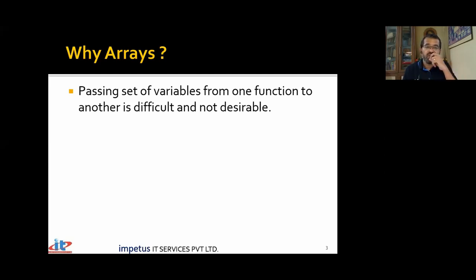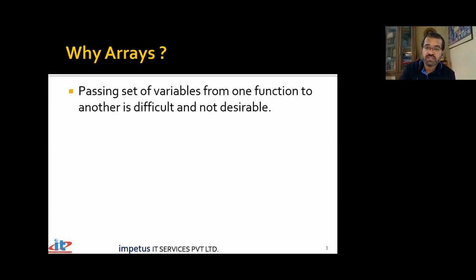And then I say write one function which takes 100 arguments, another function add which takes 50 arguments, and one more function add which takes 25 variables as arguments. You have to write three different functions for different numbers of variables. And that's not possible in C language. You cannot have multiple functions with the same name in C. That's not C++, where overloading is possible. So you'll have to write one function to add 25 integers, another to add 50 integers, another to add 100 integers. Names will have to be different.